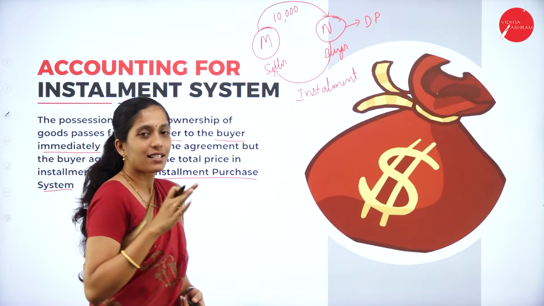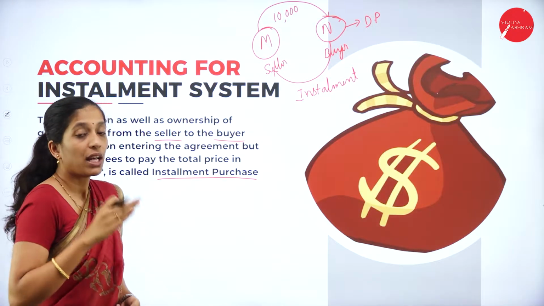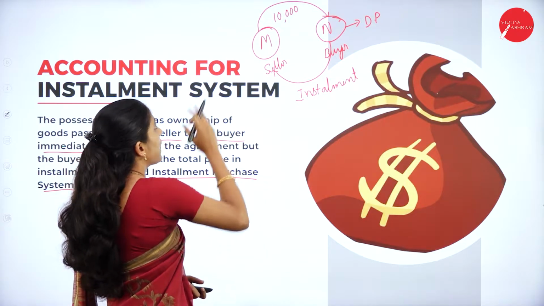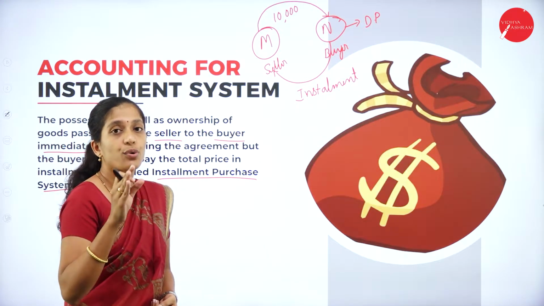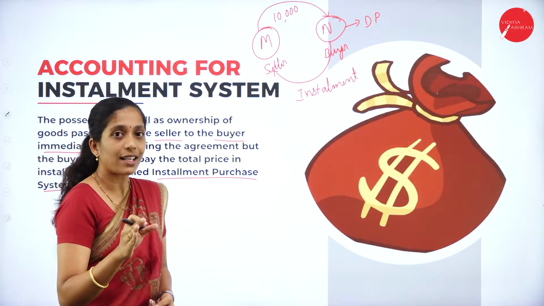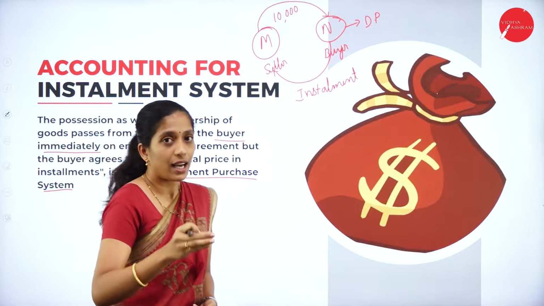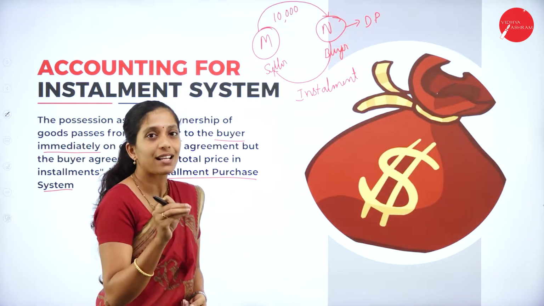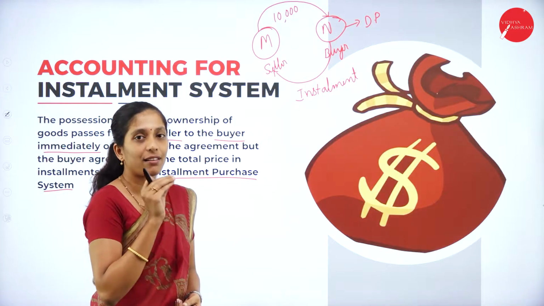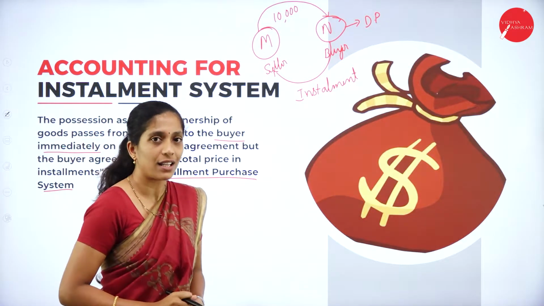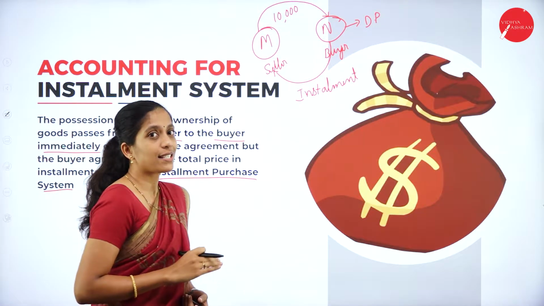But here there is a difference between hire purchase as well as this installment system. Now what is the difference in the sense? In a hire purchase system, the hire seller transfers the goods to hire purchaser on the condition that on the date of delivery, the hire purchaser has to pay some percentage of the amount and the remaining amount will be paid in the form of installments along with interest. Then what is the difference? Both are same, right? Then what is the difference?